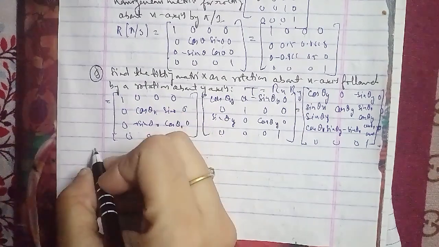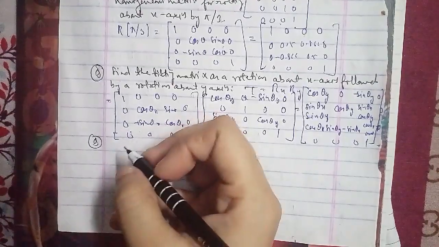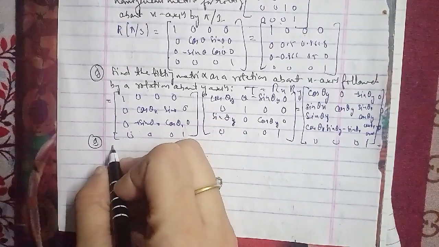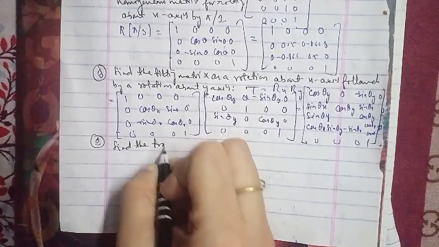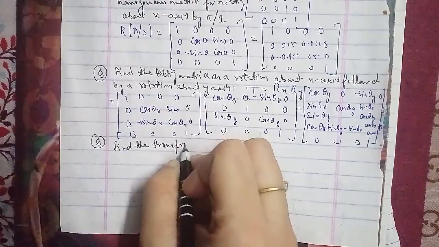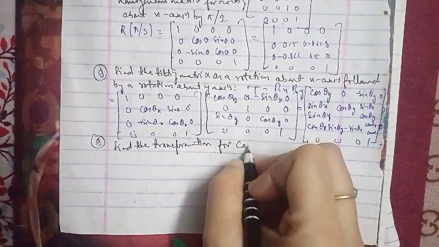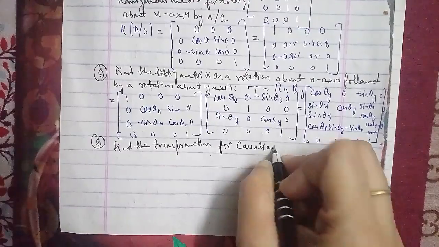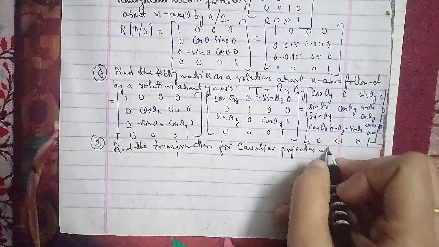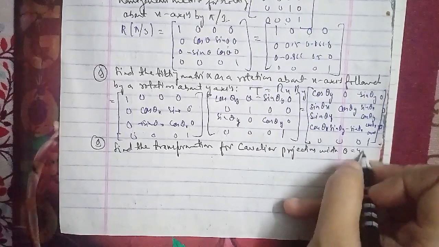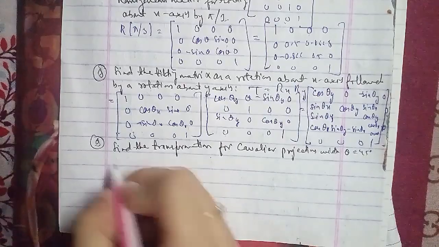So here that is because we have the matrix 1 0 0, 0 1 0, 0 1 by root 2, 1 by root 2 0, 0 0 1. This with the matrix here. Now we'll go ahead with the other question, which is: find the perspective projection into the view plane z equals d, where the center of the projection is the origin. So for that, what we have to solve.